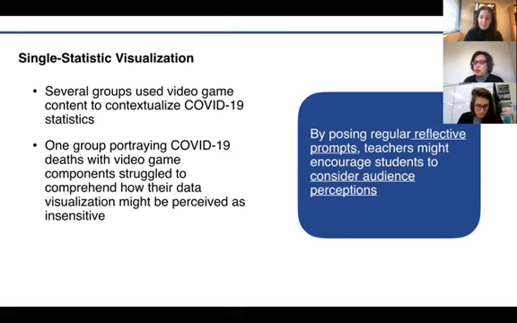For instance, the group portraying COVID-19 deaths within video game contexts seemed to do so to emphasize the danger inherent to contracting the virus, positioning it as the monster or villain. However, when we questioned them about how viewers might feel seeing their deceased loved ones portrayed as video game victims, they seemed to struggle to comprehend how their data visualization might be perceived as insensitive or as trivializing a serious situation. By posing regular reflective prompts, including ones that ask them to justify their artistic choices, teachers might encourage students to